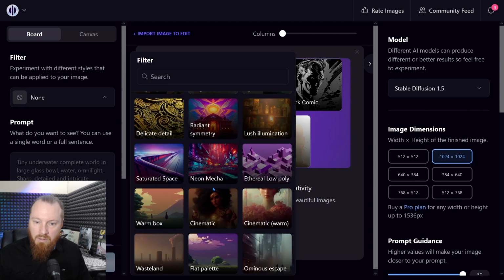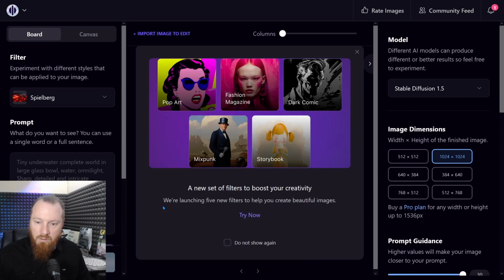I like using the Spielberg filter. I found that is quite good. All the filters have different characteristics. So yeah, prompt engineering, that's a skill of its own. You really have to know what model responds well to what things. So Stable Diffusion 1.5, I've got to know that pretty well. And if you're using Midjourney or something, which at the moment I believe is based on Stable Diffusion in the back end anyway, with a filter model on top of that,